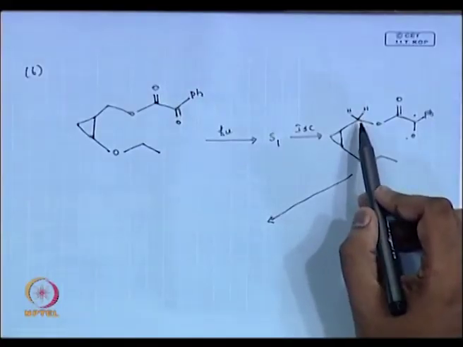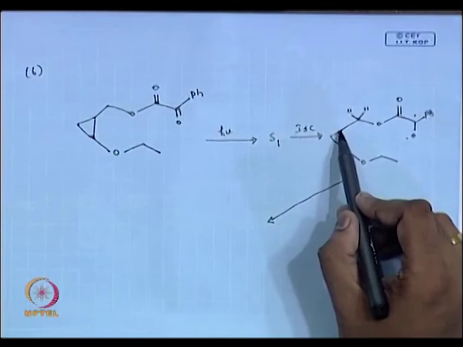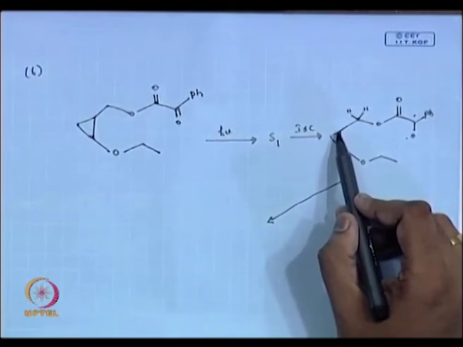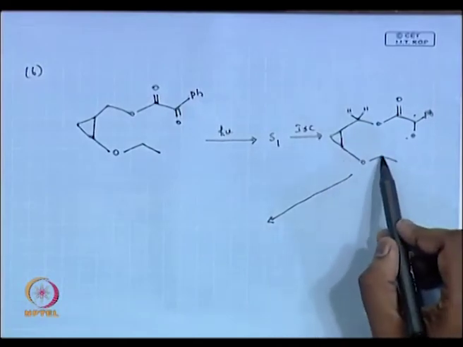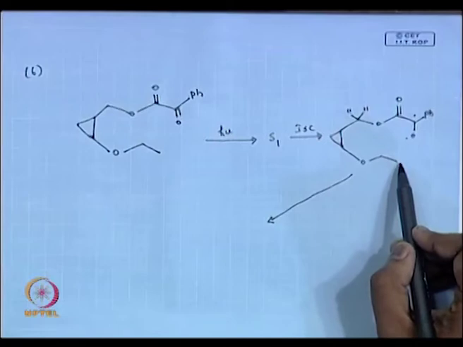Okay, if I abstract a gamma hydrogen, where is my radical? My radical is between my cyclopropane and my heteroatom O. I think it is nice to have it there. Whatever you said, fine, you can abstract from here, but just think about the radical. You can abstract from here, but that is not possible because you do not want a radical on cyclopropane. The same thing is there. You can abstract from here also, and then you can abstract from here.